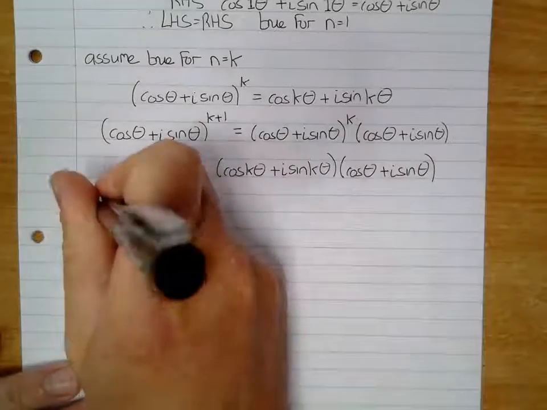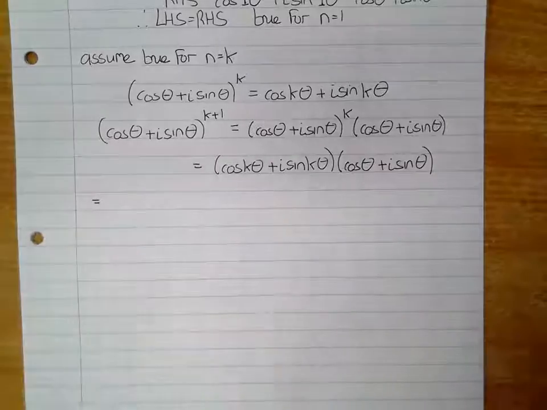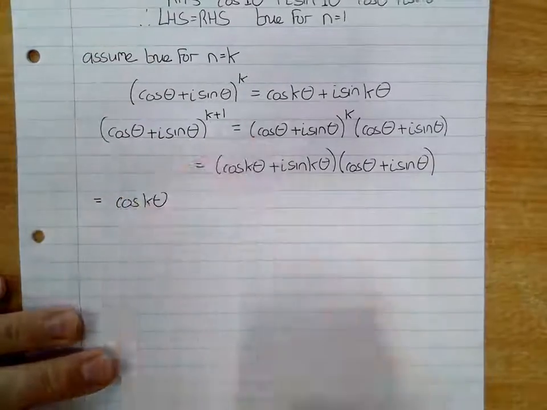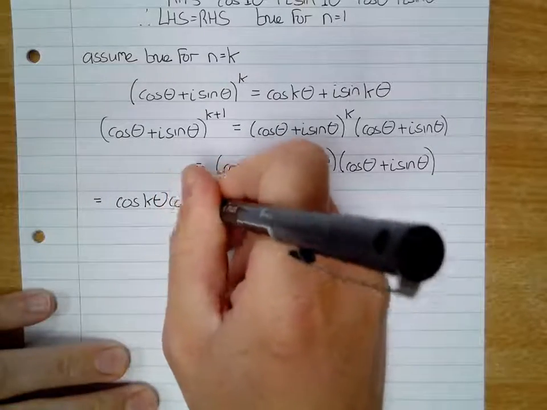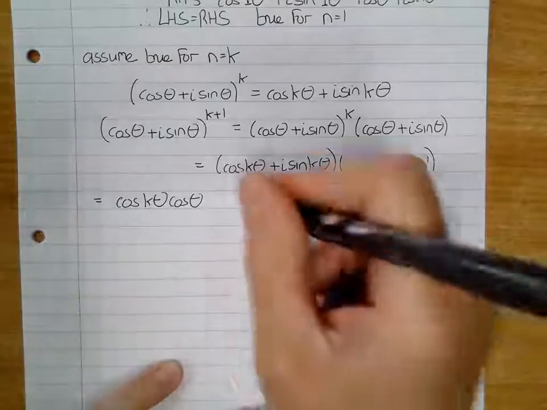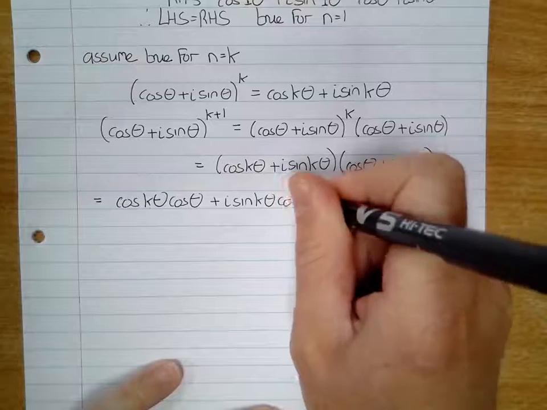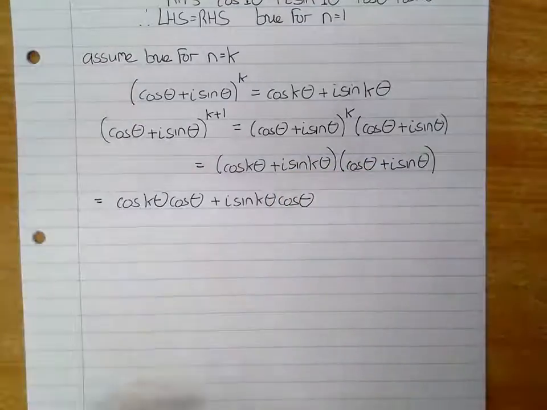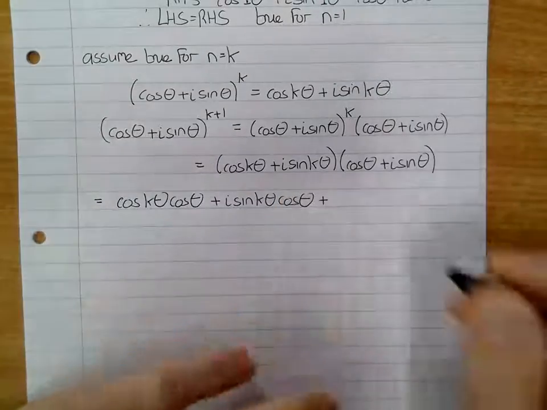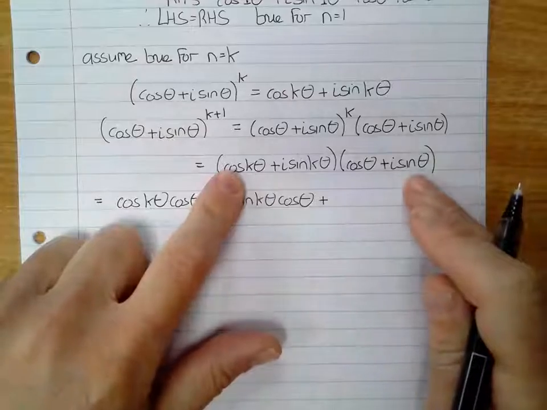Now I'm going to move my equal sign over here because I need some space. I'm going to multiply this out. So if I multiply this out, I get cos k theta cos theta, and then I get i sine k theta. So I'm multiplying each of the things in the first bracket by cos theta, and now a similar trick for the second bracket. I get plus i sine